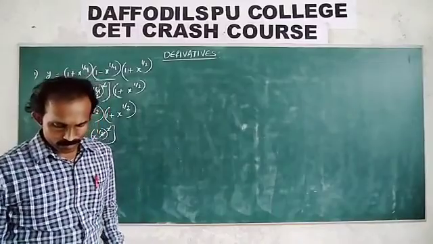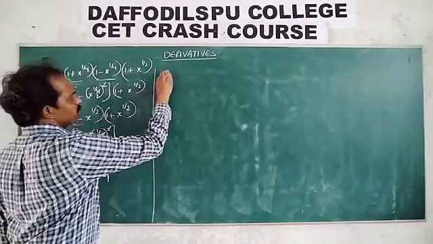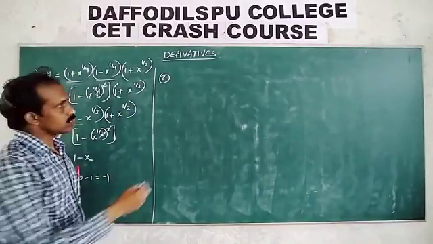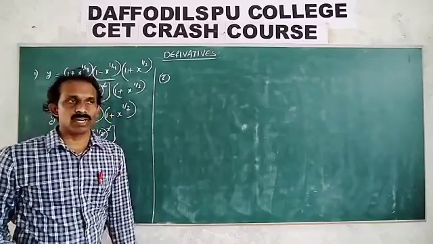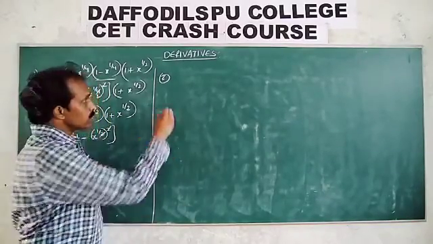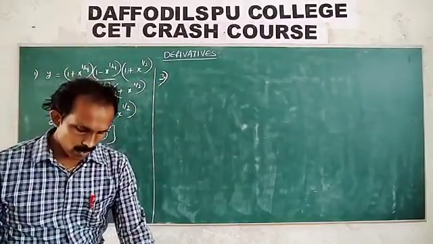So the second option. Next, second problem. That is a direct derivative. f of x is equal to secant x minus cot x. Just take the direct derivative and substitute the pi by 6 value, we will get the answer. Right. Next, third one. If you know the formulas, derivatives are easy.